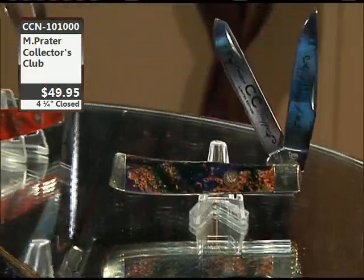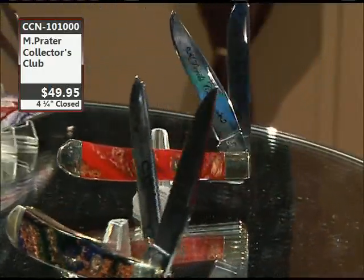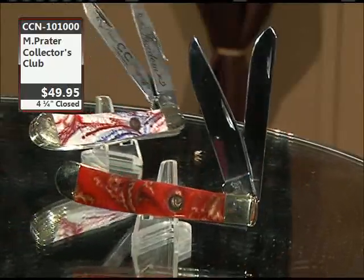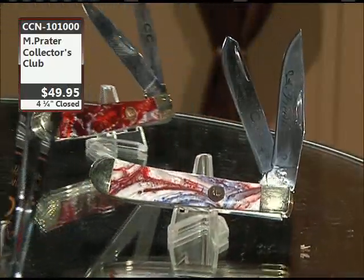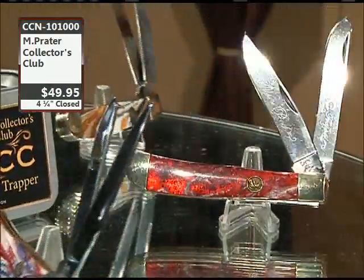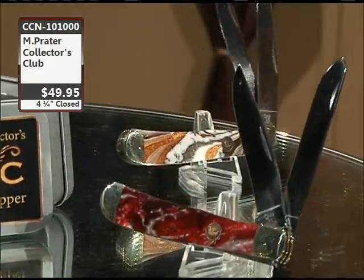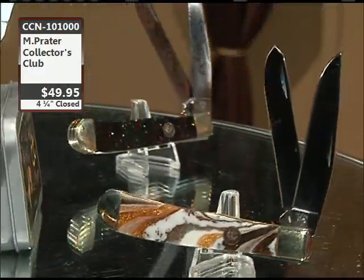And Sheila has been watching this very close. We got a lot of members in this, so that's working out. From the first, which was the Avalanche, where are we at? I guess the one in the center is our current knife, isn't it? Yes, the current one is Purple Haze. That's the color that came out in August. But if you were to join the club now, you would start off with this one right here, which is called Avalanche, and then we would